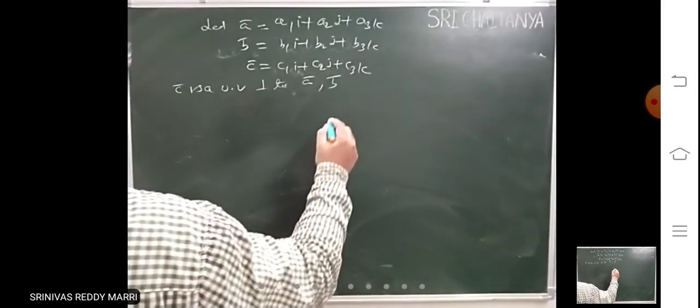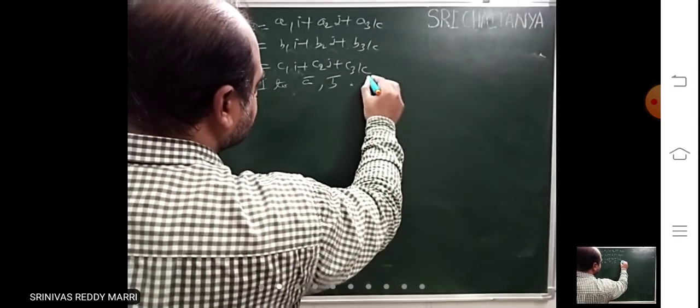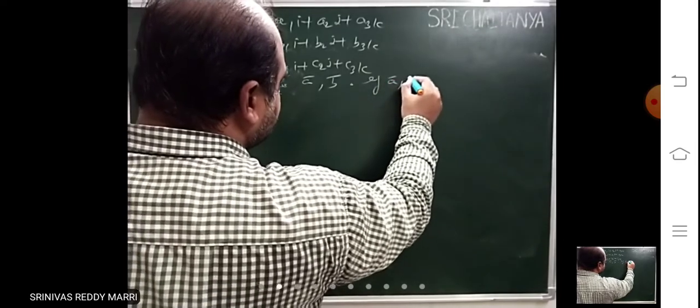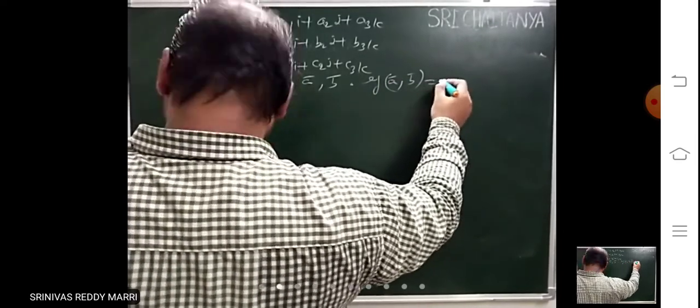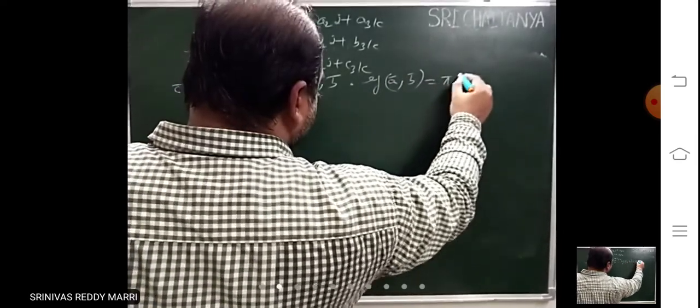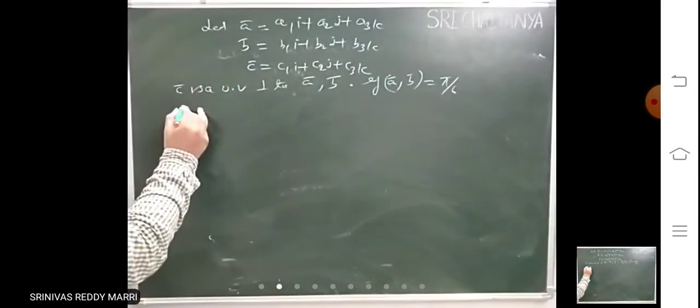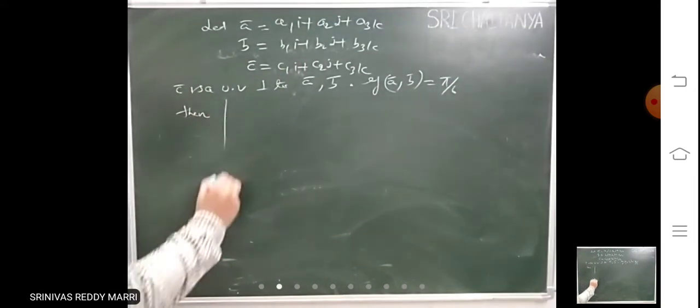If the angle between A bar comma B bar is equal to pi by 6, then the determinant whole square equals to